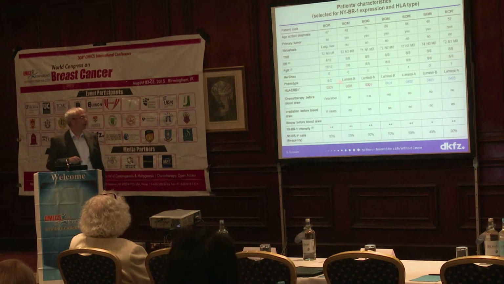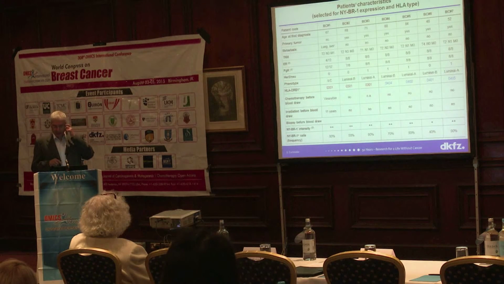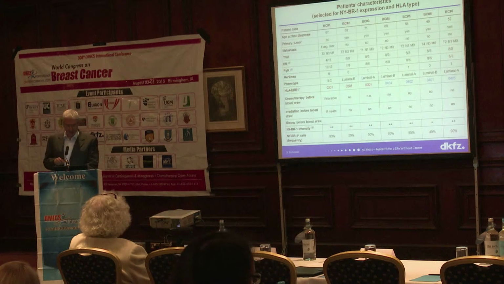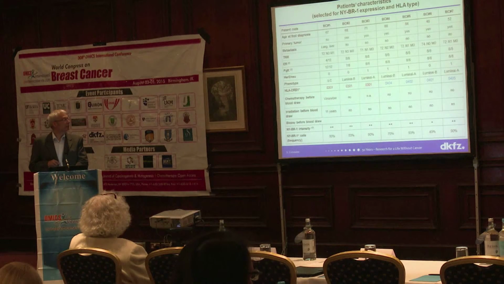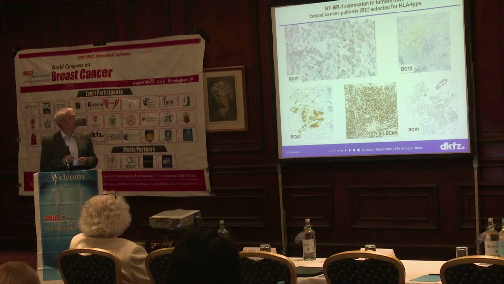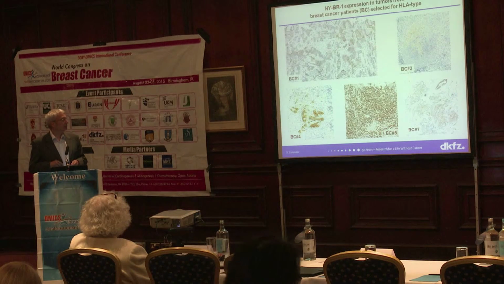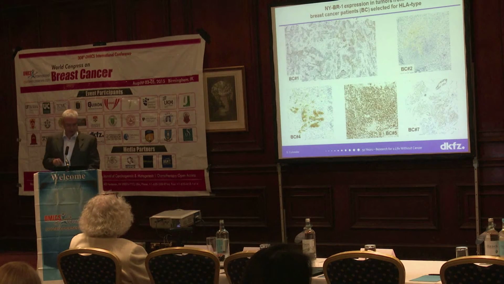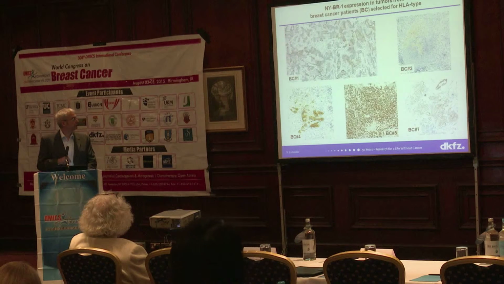and found 3 patients which were DR3 and 4 patients which were DR4. So these could then be used to test whether these patients have CD4 cells with the respective specificity. And as I mentioned, the patients all were positive for NURBR1. So these are some stainings of these patients, either of the biopsy or here of a resected tumor, which was resected later.